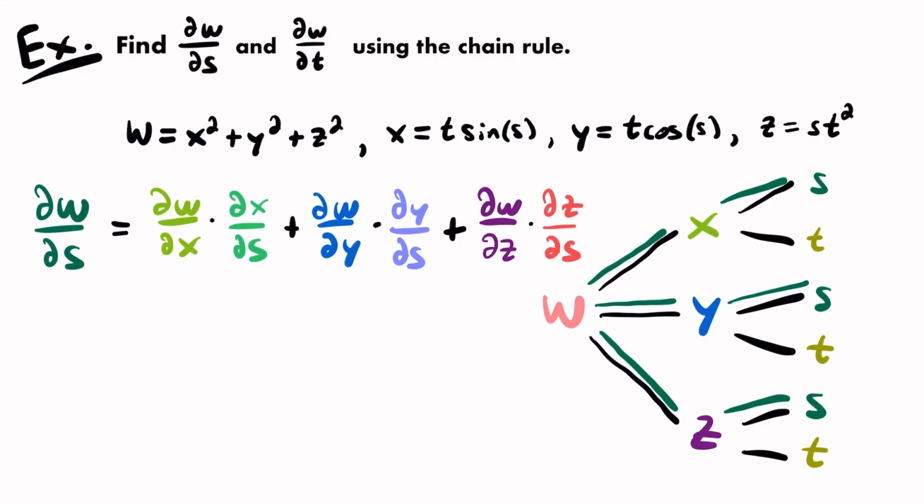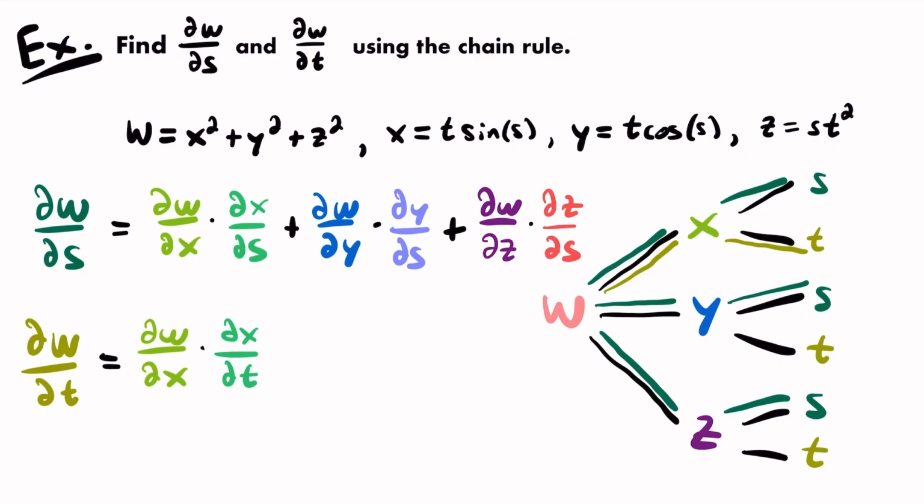It's going to look very similar, except instead of having these partials with respect to s, they will be partials with respect to t. Okay, so the partial derivative of w with respect to t will be equal to a partial derivative of w with respect to x, and then a partial of x with respect to t. Right now we want to travel along the paths that will take us to the different t's within the tree. So we go from w to x, and then from x to t. So we get a partial of w with respect to x again, multiplied by a partial of x with respect to t,